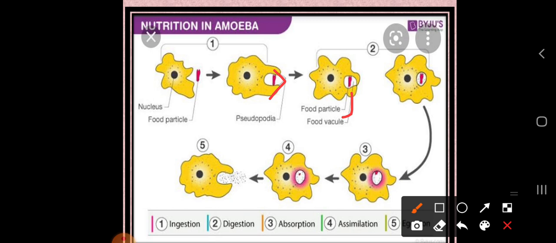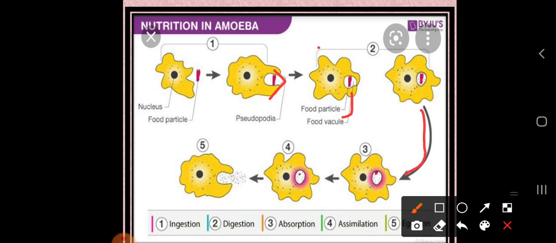What happens after that? In the first step, what the amoeba is performing is ingestion. With the help of the mouth they take their food. Then in the second step, what happens? Digestion. Whatever main requirements there are for development, the digestion part is where we perform it. In digestion, we cut the food particles into very small and tiny particles. So this is the second step.